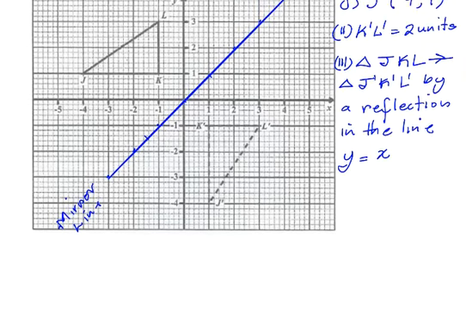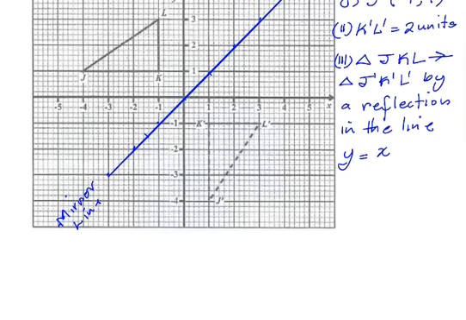So we're going to move JKL by the vector t, which is (5, -3). For translation, the top value describes your horizontal movement, and the bottom value describes your vertical movement. So a translation of (5, -3) means that I must move JKL 5 units to the right and 3 units down. If I did that,